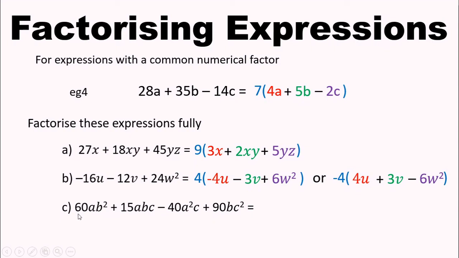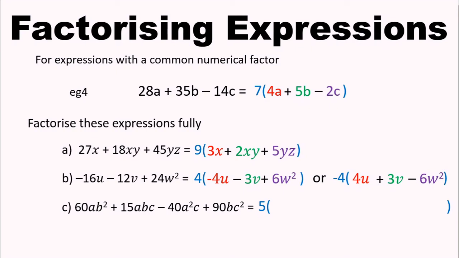Let's just look at the numbers. 60, 15, 40, and 90. What I notice about all those numbers is they all end in either 0 or 5. Which times table always ends with 0 or 5? The 5's times table, right? So my highest common factor in this case, is it 5 or could it be something higher? It's just 5. So I put my highest common factor and I open up my brackets to put the factor